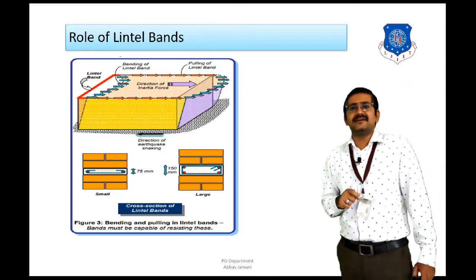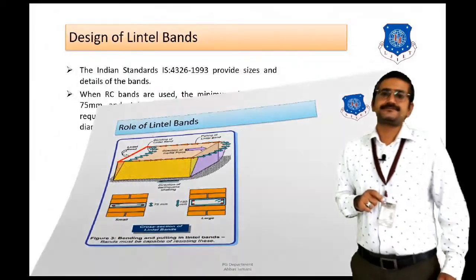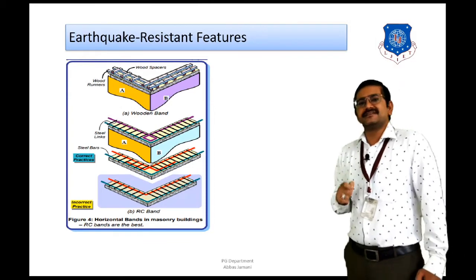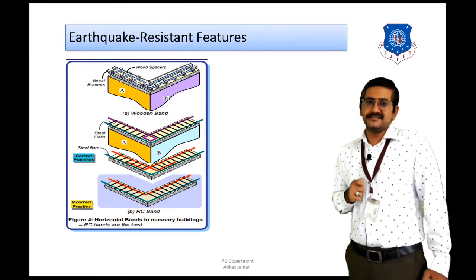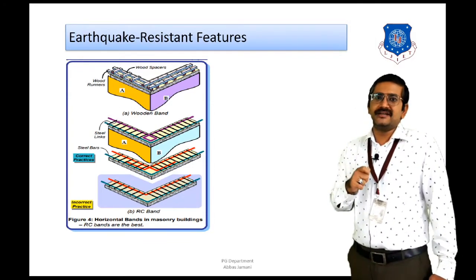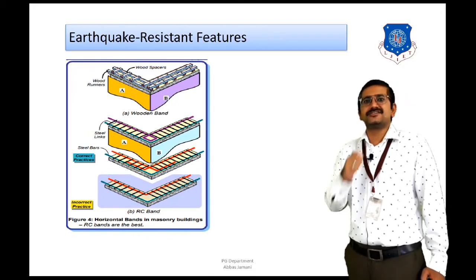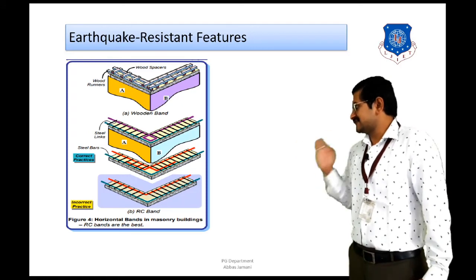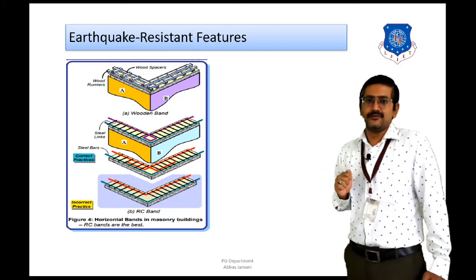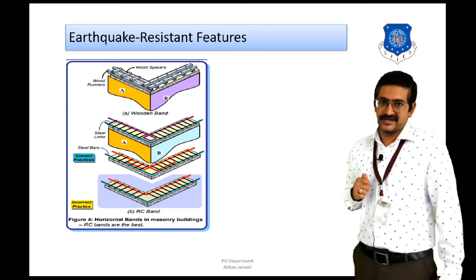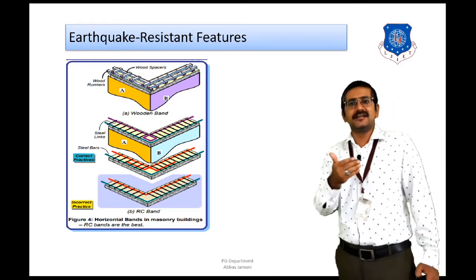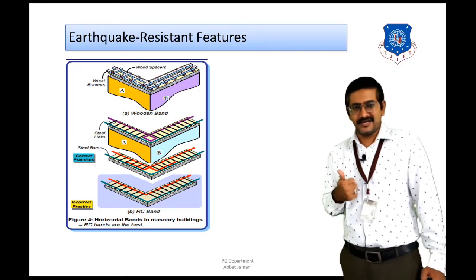Lastly, before we end today's lecture, we take a look at the earthquake resistant feature that is required for the good performance of this masonry building, and how good detailing of the horizontal band can assure good transfer of forces from the corners of these walls. The first case shown is for wooden planks. However, that is out of use right now. So next we come to the horizontal bands and the detailing of horizontal bands in RCC, right?